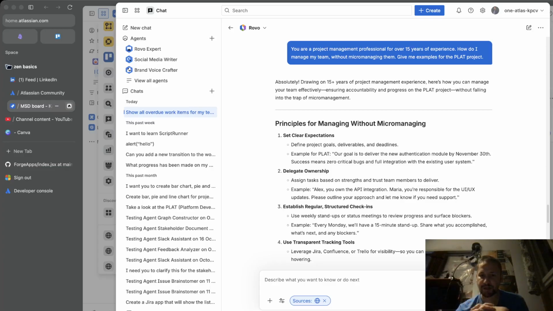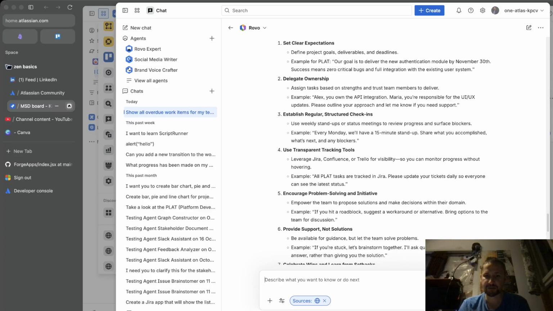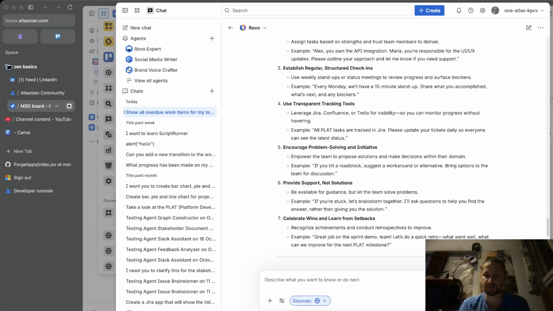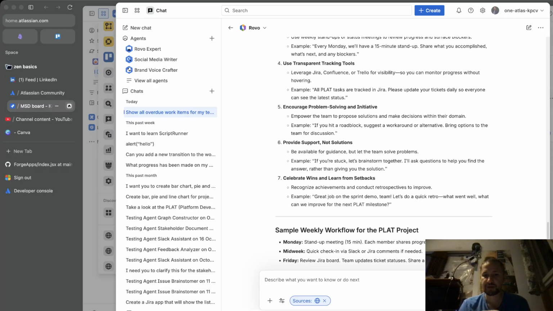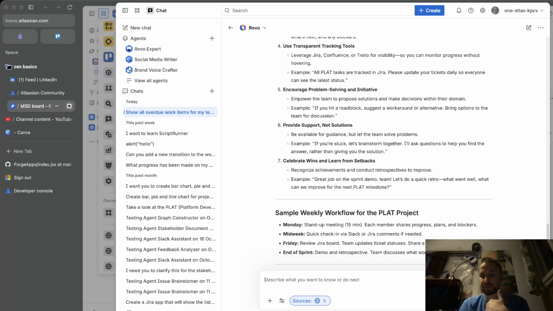Establish regular structured check-ins. For example, every Monday we'll have a 15-minute stand-up, share what you accomplished, what's next, and any blockers. Use transparent tracking tools. Everything is tracked in Jira. Encourage problem solving and initiative. If you hit a roadblock, suggest a workaround or alternative, bring options to the team for the discussion. If you're stuck, let's brainstorm together. I'll ask you questions, or for example, great job, let's do a quick retro, what went well, what can improve